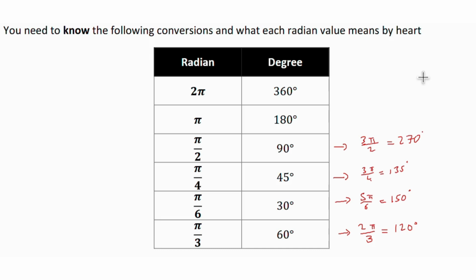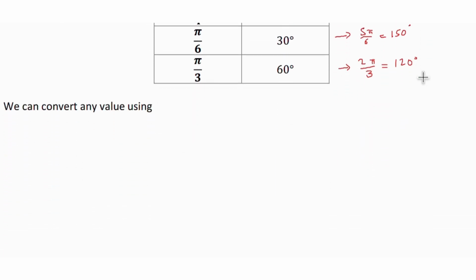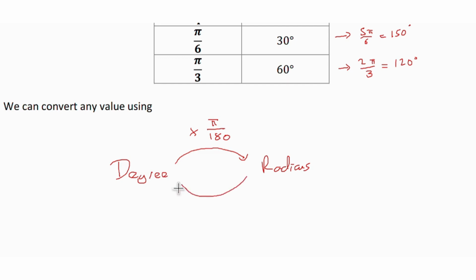It's also worth knowing how to convert any radian measure into degrees or vice versa. So we can convert any value by, if we have the degree value and we want to go to the radians value, we're going to multiply by pi over 180. And if we're going the other way from radians to degrees, we're going to multiply by